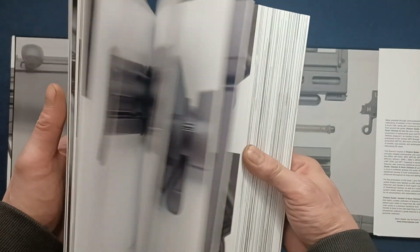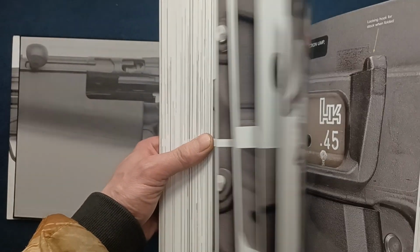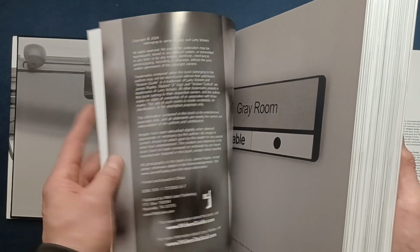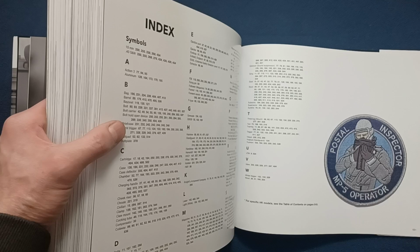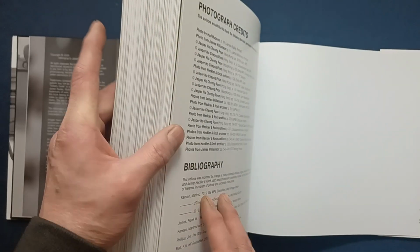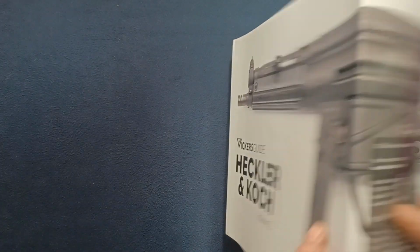More images. And just to give you a taste of what is in here, you can see tons of pictures and accompanying text, and the title pages and copyright information and credits at the end. That page does not appear to be numbered there. This one is 551. So, including this page, 552 pages. But just taking a very quick look at